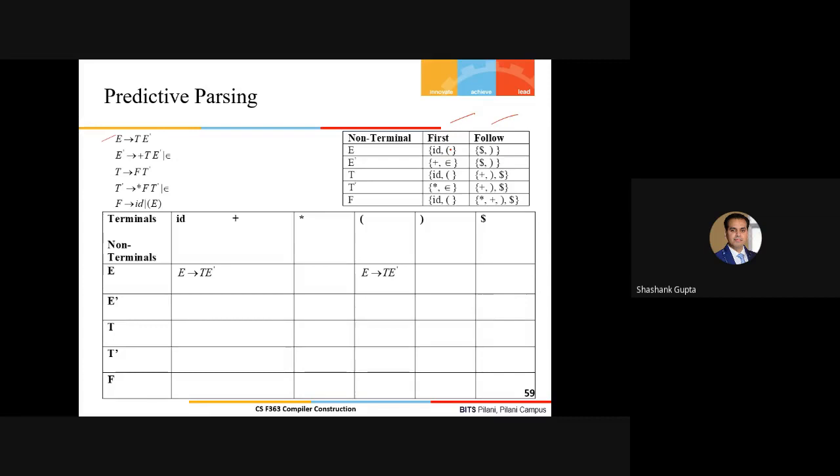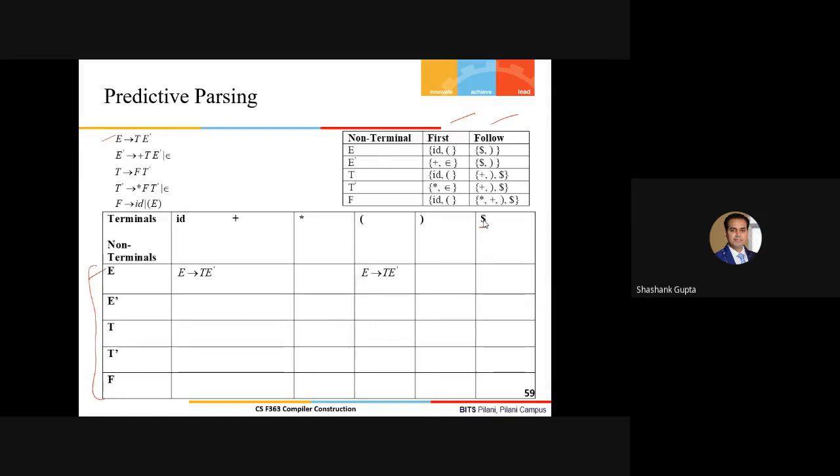Now the big guy, that we have to construct, the parse table. So the parse table, as I said, it's a two-dimensional array. On one hand, we have to jot down all the non-terminal symbols of the grammar, including the start symbol. And on this side, we have to highlight all the possible tokens or all the possible terminals, including this guy, that is the dollar, which simply indicates the end of the tokenized input stream here.